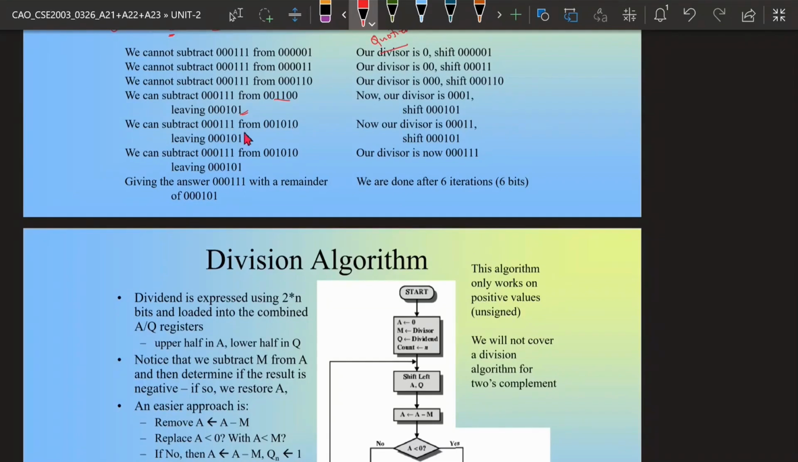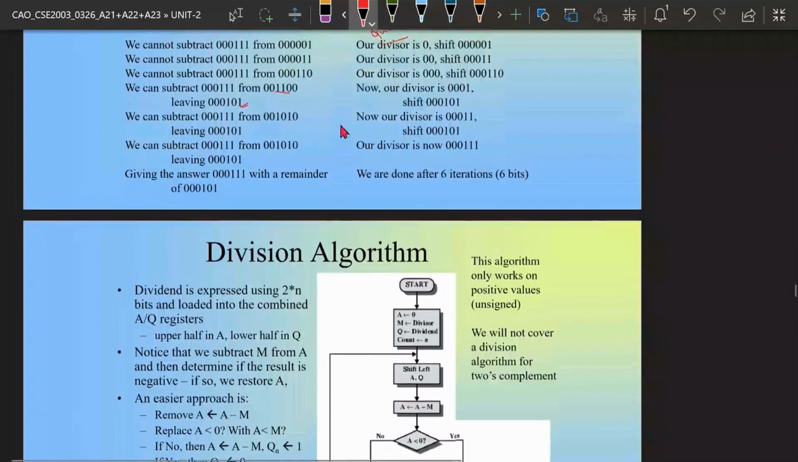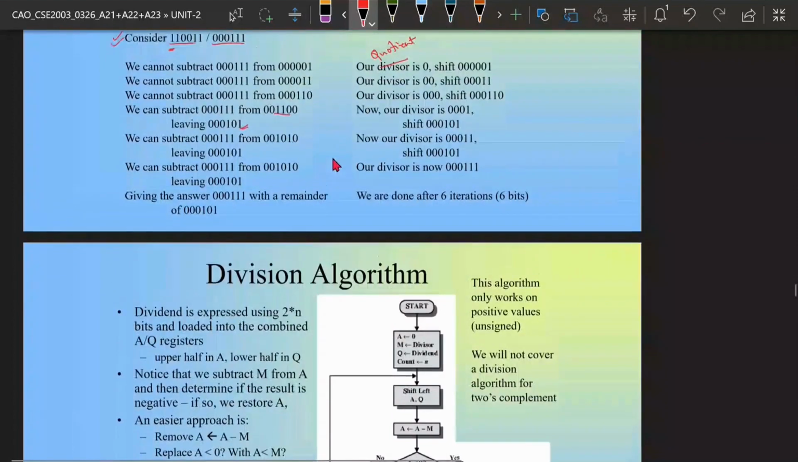And similarly, once we are able to subtract, we will be putting one extra one here. So that will be final after doing 6 times operation, because 6-bit numbers are there. So we'll be doing this subtraction and shifting. Either we will be doing this shifting only, or we will be doing the subtraction and shifting. So after doing the 6 iterations, we will be getting the answer, so whatever will be the remaining, that